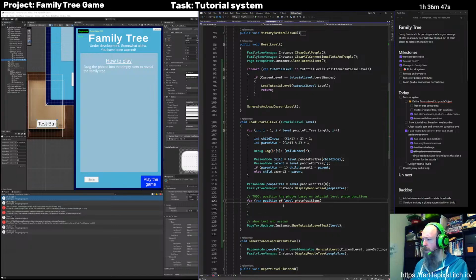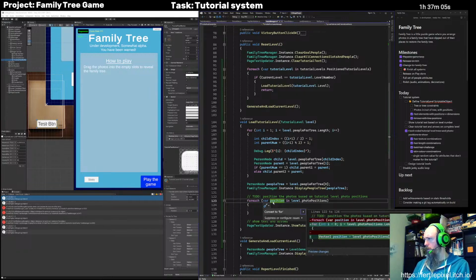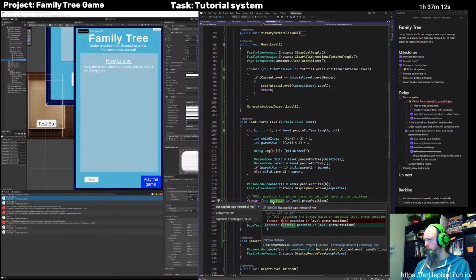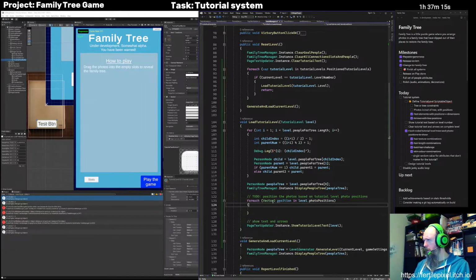I did. That's TypeScript syntax, I believe. Could be something else. Oh yeah, we're meant to have for each. Okie dokie. So now we've got a position which should be a vector 2. So that's interesting. But can we just use explicitly typed? So that's a vector 2. And I just want to iterate through those and